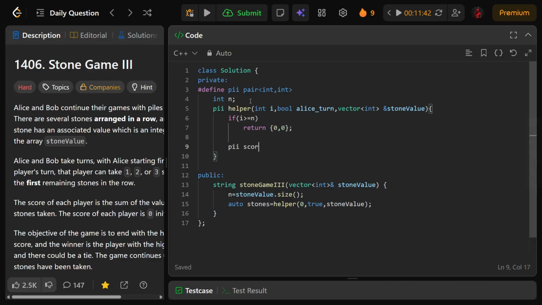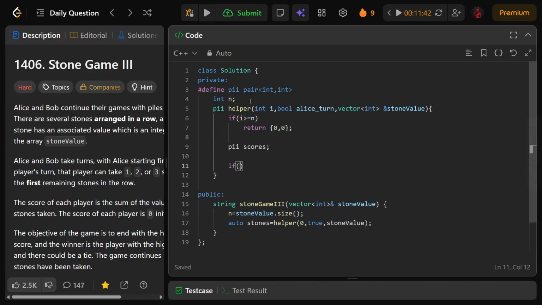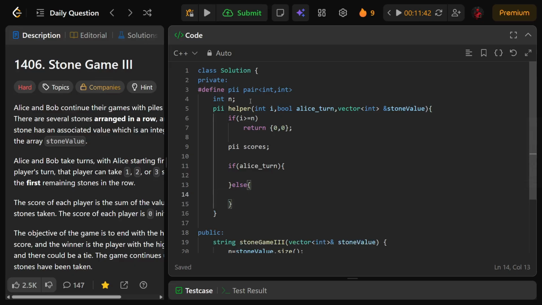Now we'll have one variable, scores. We'll check if it is Alice's turn, else it's Bob's turn. If it is Alice's turn, now what we need to do, we have to check. We can call it stones, not score. Stones 1, you will take a variable and we'll call the helper function. Since one stone has been chosen, from the next stone it's Bob's turn to choose. And we'll flip this turn value so that in the next turn, Bob is going to choose,